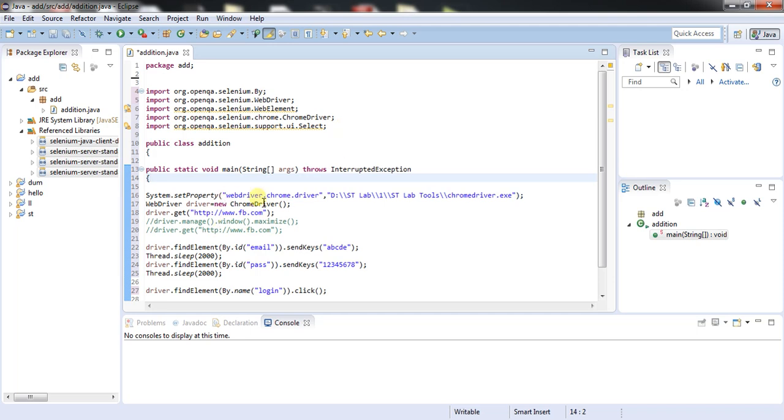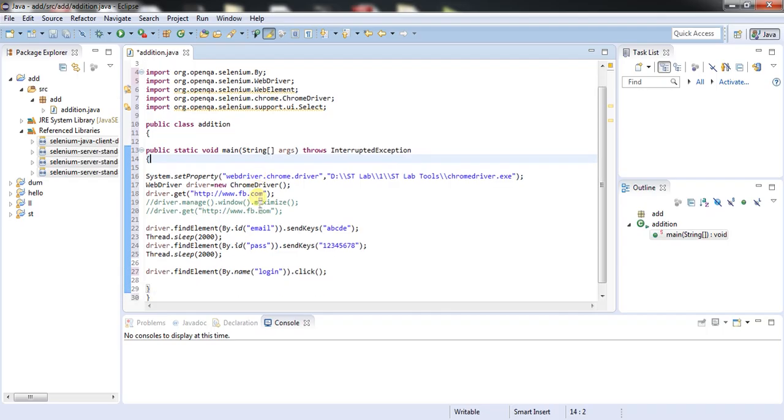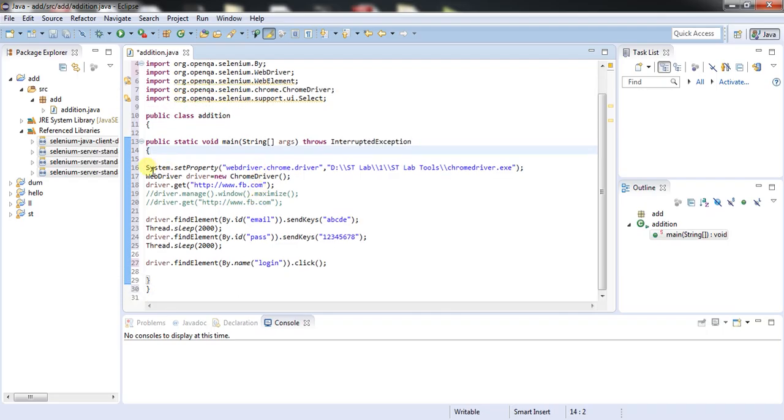After all the setup, the first line is we need to set the property. What does set property mean? We need to set the Chrome driver first. The Chrome driver is also in the description, and we can download that. The path of the Chrome driver on my computer is D:/STLab and STtools.